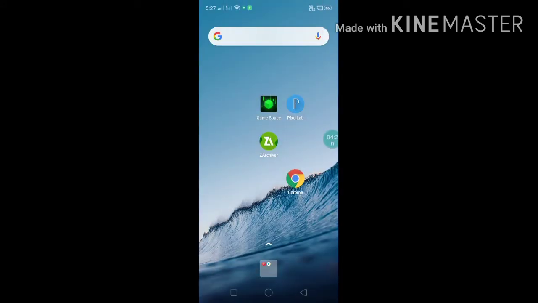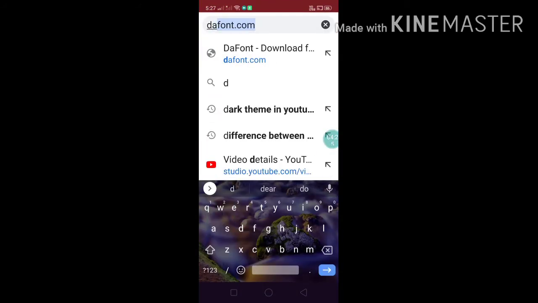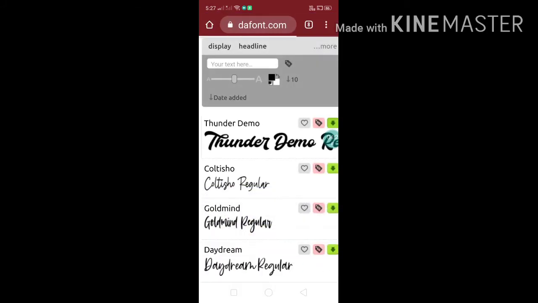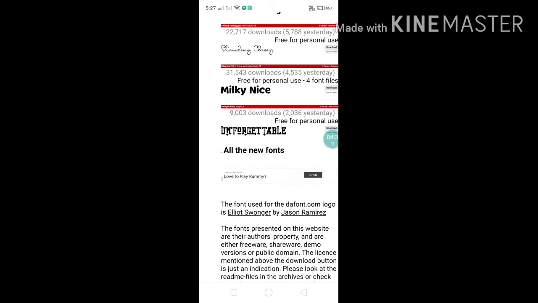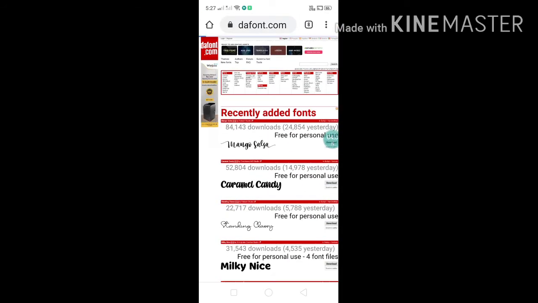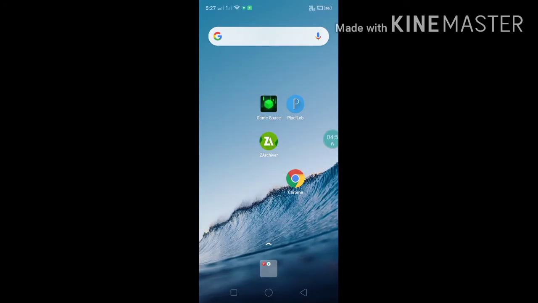So, Chrome. Now here you can go to dafont.com. I will say both of them are nice. I'm not going to say one is nice and one is bad. Yeah, suppose this first one. I'll click download, and let it take some time. Yeah, it came. You just have to know the name, like the first word, SKE. That's all you remember and it will come.